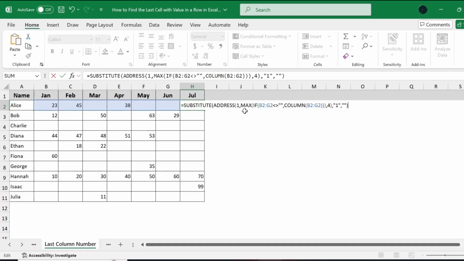It's almost like the previous one. The MAX IF COLUMN part will remain the same, just we added 2 new functions, ADDRESS and SUBSTITUTE. Now, what does it do? The IF function checks which cells in the range are not empty. The COLUMN function then returns the column numbers of those non-empty cells. Finally, the MAX function finds the largest column number, which tells us the position of the last filled cell in